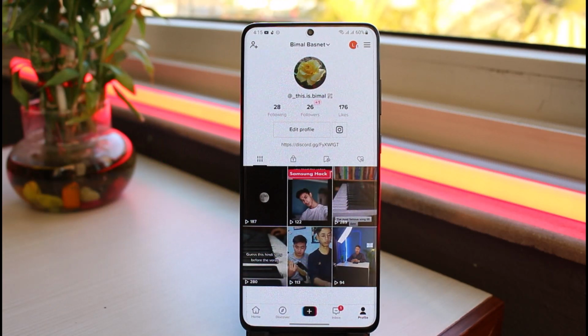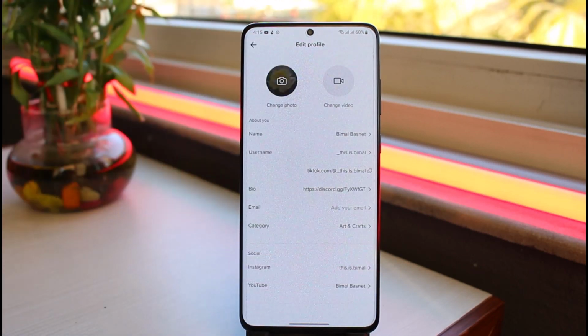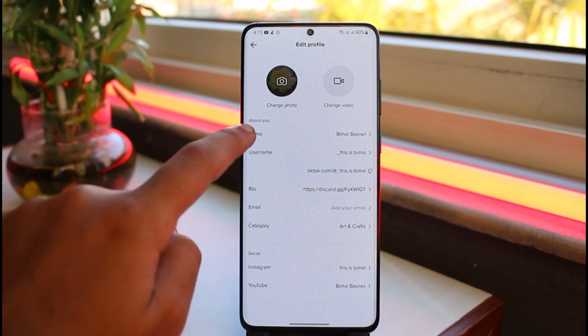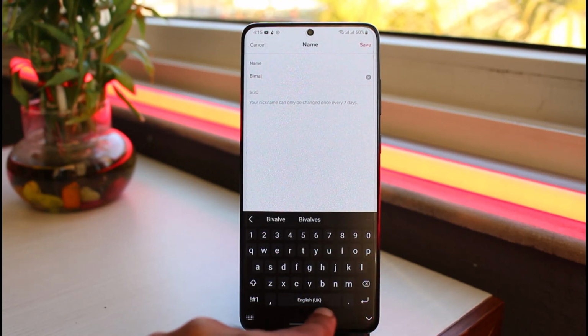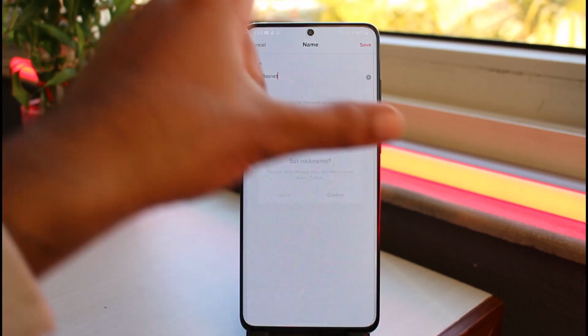So in order to change your TikTok name, simply tap on the option edit profile right over here, and now you'll see the option named name. So in order to change your TikTok name, simply tap on it, and now you'll be able to make changes to your name. And now once you've done that, simply tap on the option save on the top right corner